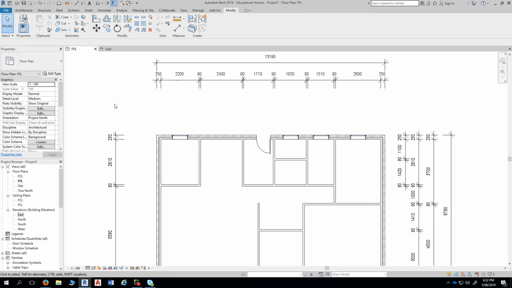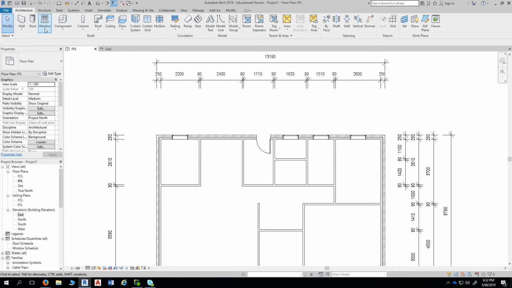Now, you'll notice that I'm not going up and clicking on icons when I do this. I'm actually keying in shortcuts. DR for door, WN for window, WA for wall. Okay. Now, I think if you've gone through Revit Introduction, you probably would have